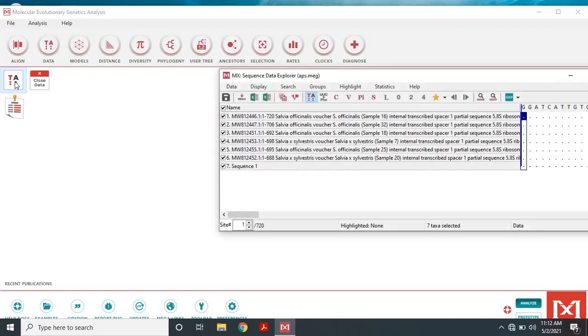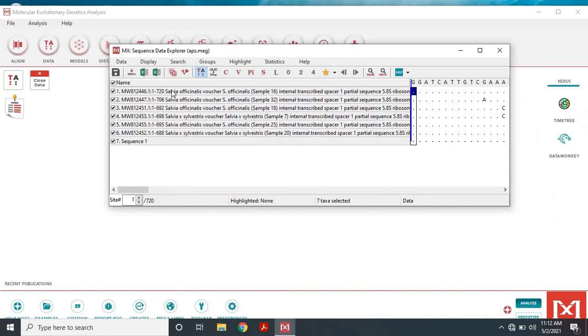Just click on this sequence and you will get this kind of window, where you can see all your 6 sequences are available. First deselect the first name, and select only the first 6 sequences. In this window you have to give selection to your first 6 sequences only.